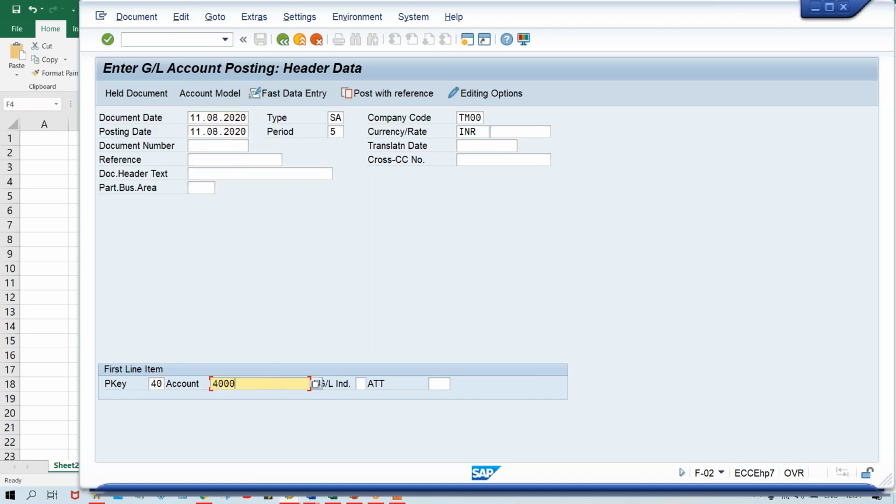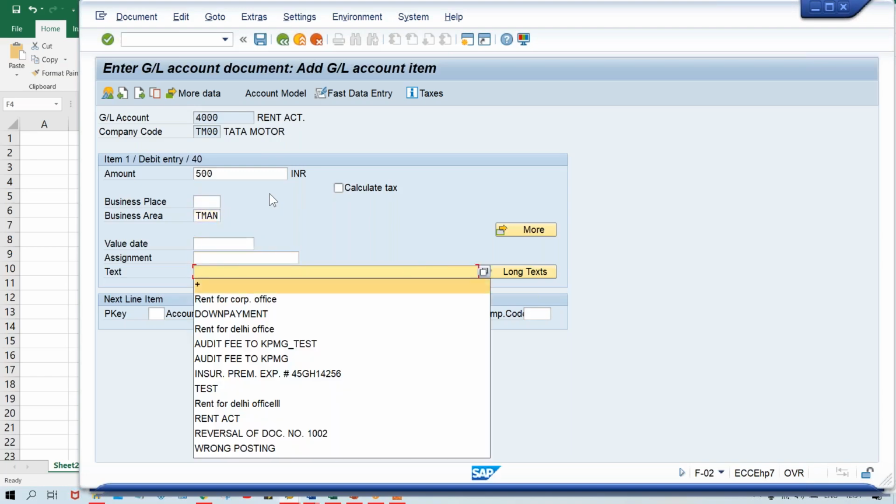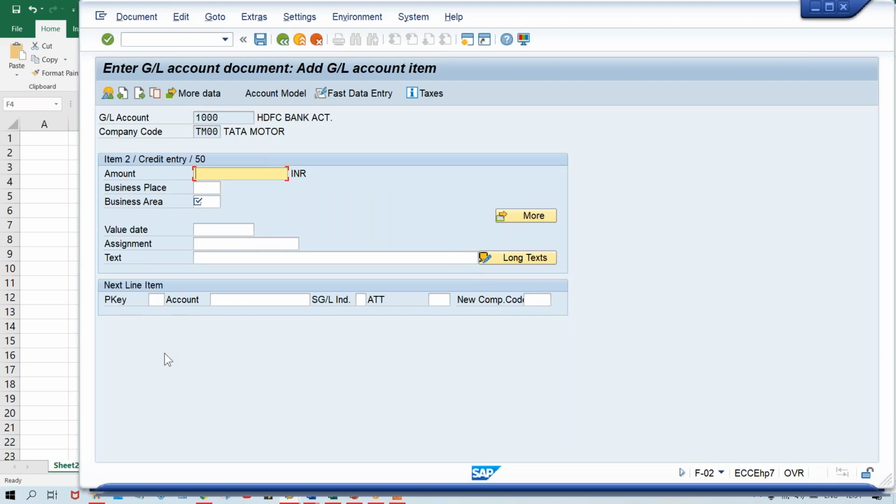Give your GL account. Rent account is going to be debited, right? Your rent account debit. Press enter, and for rent account, how much amount? 500. And I'm going to give the business area here, and narration can be given. Then the next line item is credit, and for which account? Again a GL account, that is the bank account, which is going to be credited with the same amount. So you have to give your star mark,